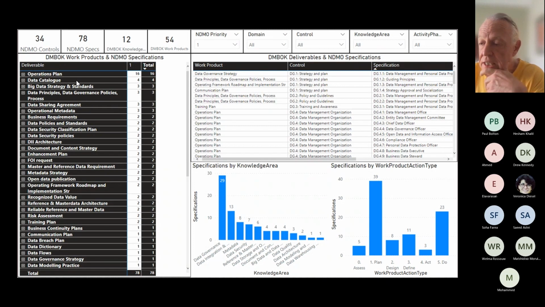So can you see here that the operations plan, I can deliver 16 specifications or 16 task elements by creating an overall operation plan. An example of that would be in the DMBOK, we'd have an operating model and an operations plan or operating framework, and you can deliver those 16 by doing those areas over there.